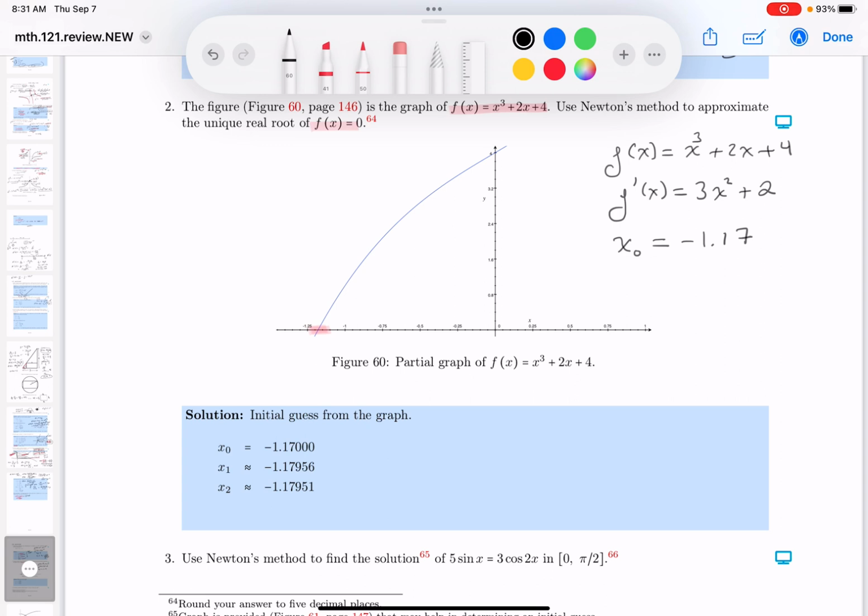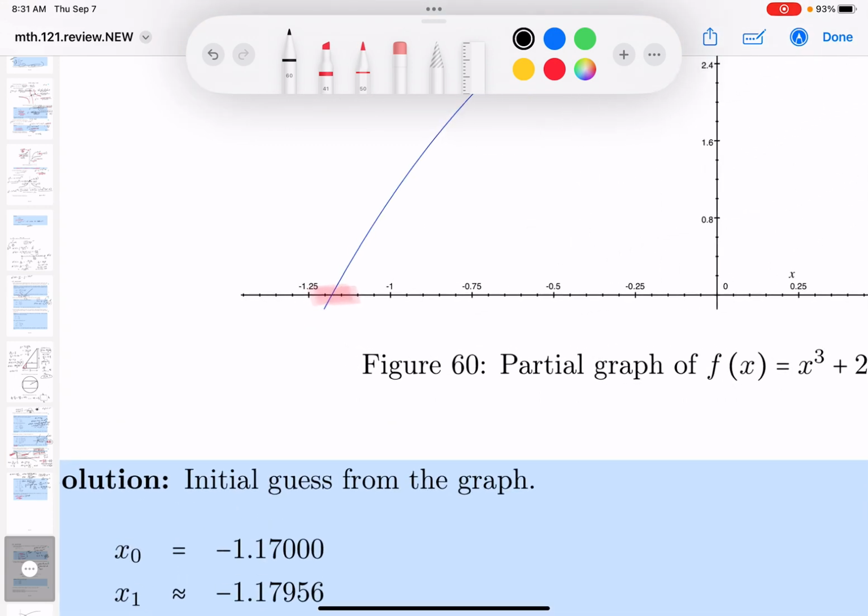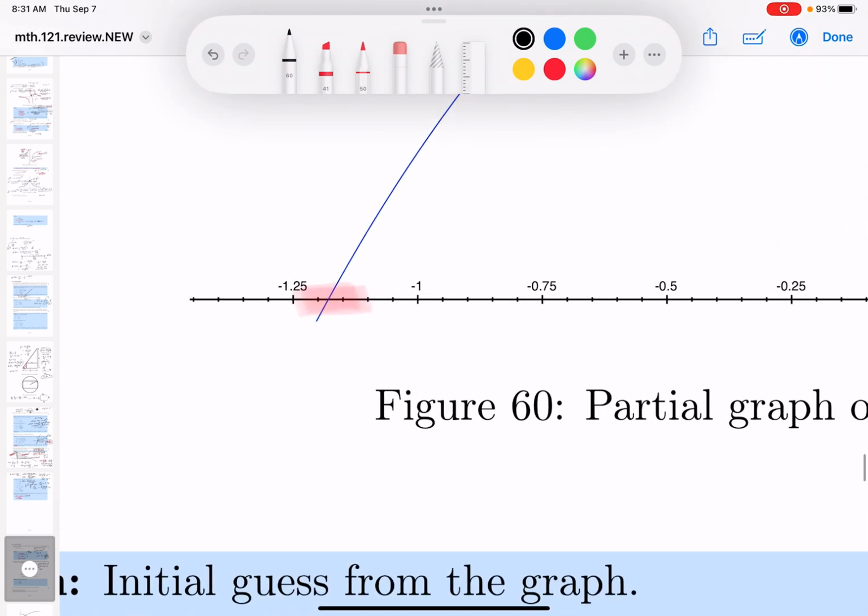Now, let's say you said, I didn't get that one. I wrote a different one down. All right, let me go through that with you. You'd have to write down what you're guessing at, by the way. So if I look at this over here and I say, oh, my initial guess, I want to make it something different. And I kind of zoom into this over here. And, you know, this is minus 1. And I'm looking at it's minus 1.25. So let me just take a look at that. Kind of looking at it, I'm going to say this would be minus 1.1, and this would be minus 1.2. You get the idea? And then if I looked at this in between here, I might say, oh, minus 1.15,